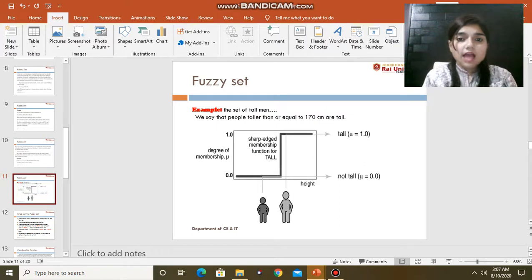Now let's have an example. Let's assume that we have a set of all tall men. We say that all the people are tall only when they are more than 170 centimeters tall. लेट assume that हमने एक set लिया है जो कि tall man को represent करता है, और person tall तभी होगा जब its height is more than 170 centimeter. तो let's see the